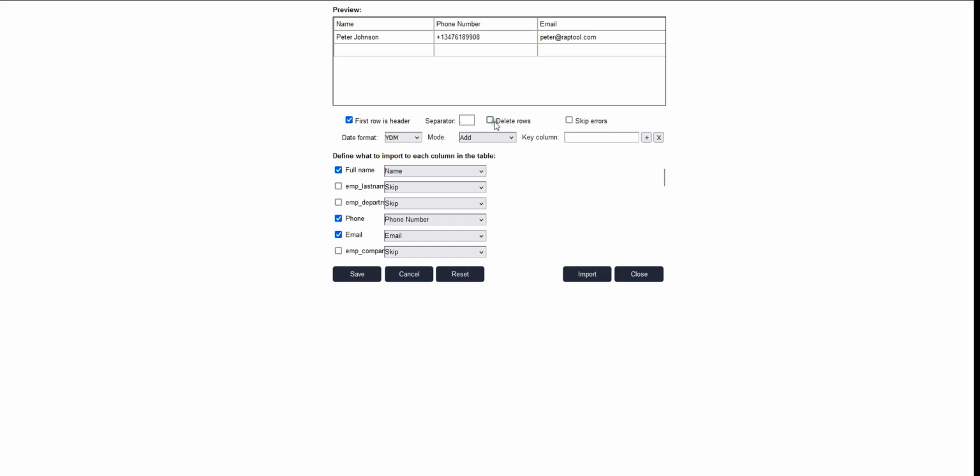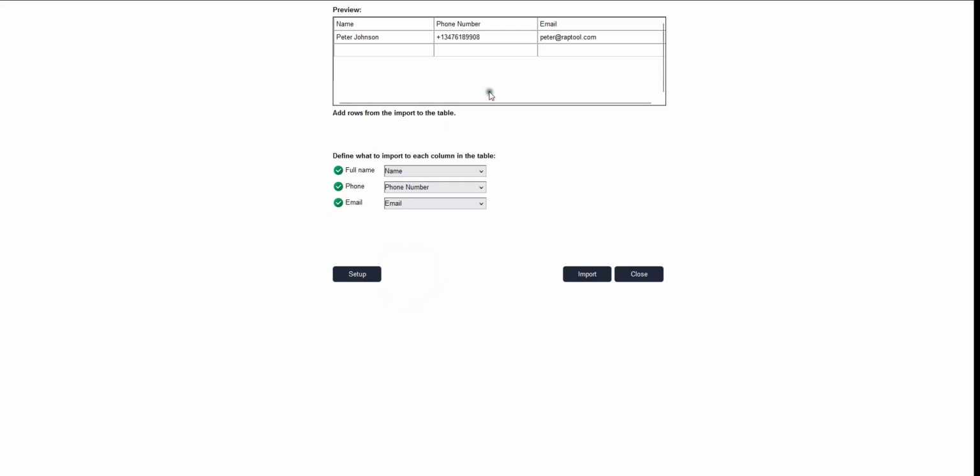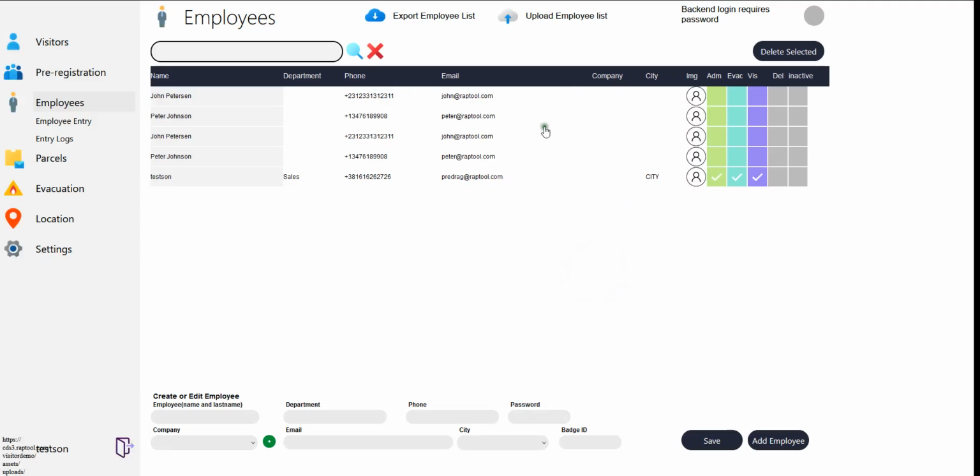You can delete the employee list by checking the checkbox here. So you delete the employee list and upload a new one, and so on. But in this case, we're just going to import the standard format from an Excel sheet into the database. So you just push import here, and now we've added these